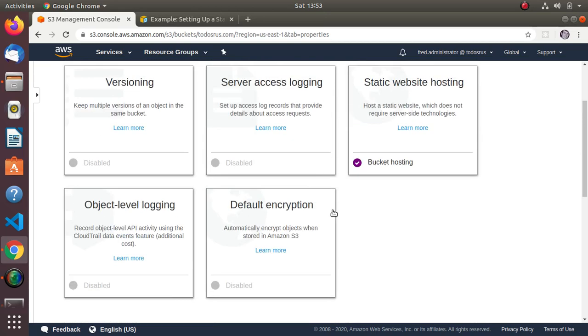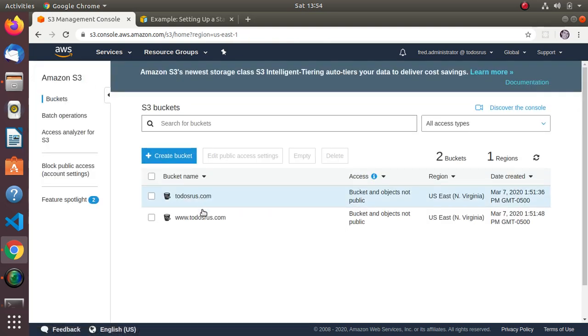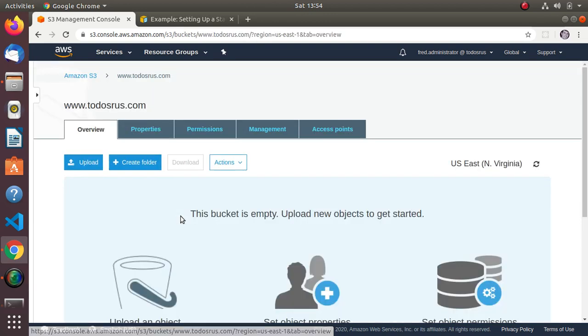Okay, so now I've turned on static web hosting for my root domain. The next step is we're going to go back to the main bucket list. I'm going to go to our subdomain bucket, www, and we're going to go to properties,